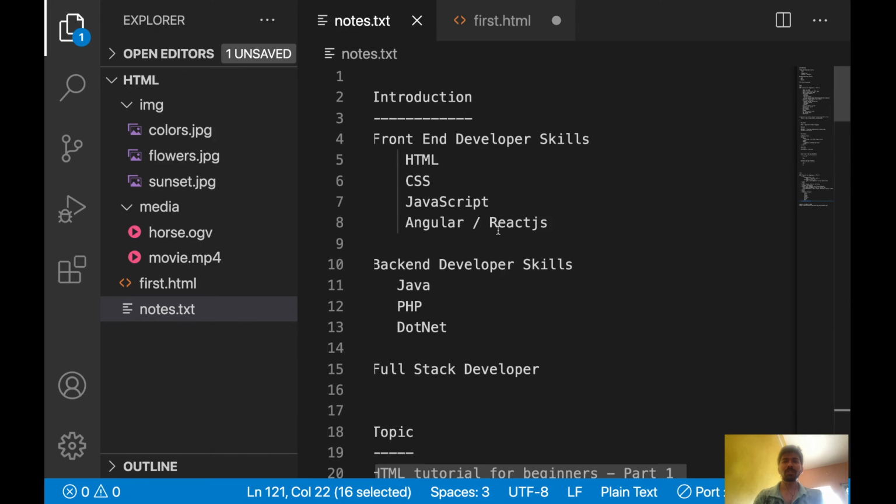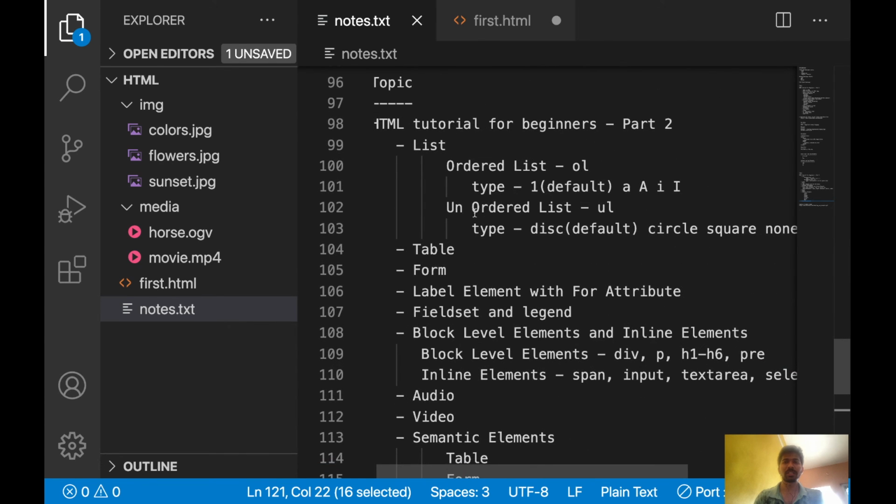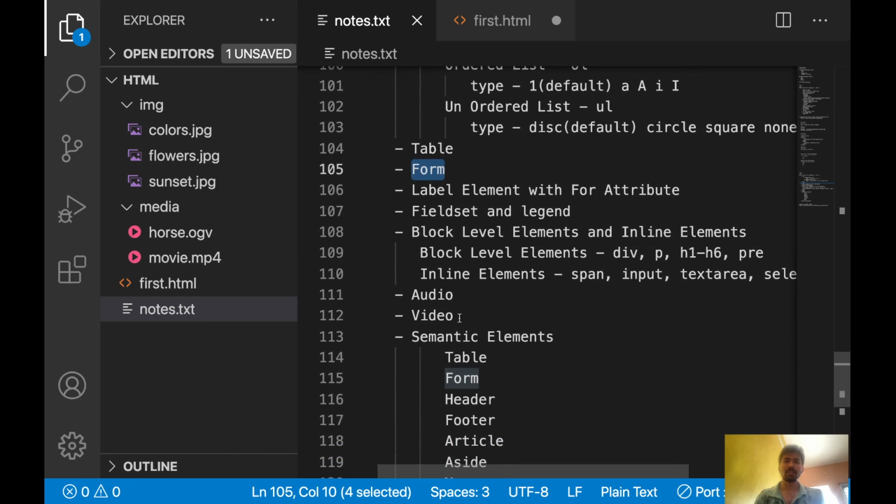That's it about part 2. In part 2 I have explained all these things: lists, ordered list, unordered list, tables. If we want to write some progress report kind of thing, you can use the table. I have explained about the forms. If you want to write some registration form or login form, you can use the forms.